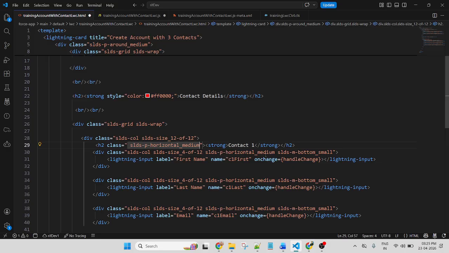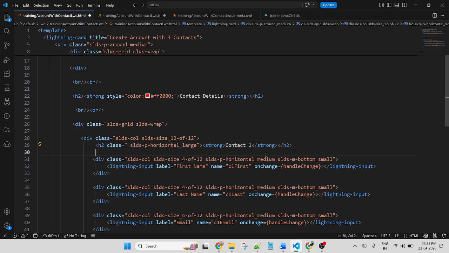Class equal to, you can use large. SLDS m bottom medium.